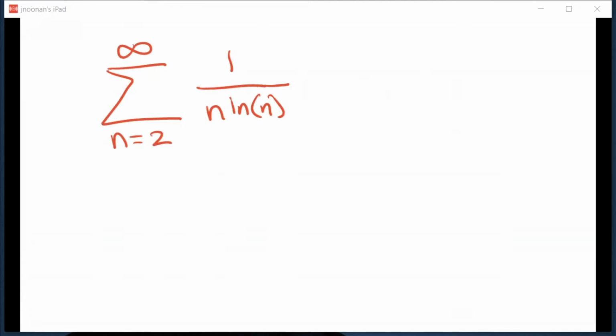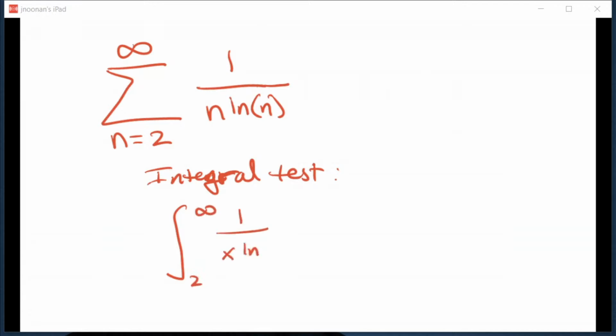All right, first things first. This is a quick review, another reminder: we have to check to see whether this converges or diverges. The way we're going to do this one is with the integral test, also on your exam. What we do is the integral from 2 to infinity of 1 over x ln of x, and you check to see, is that finite or is it infinite? The reason why we can use the integral test is this: 1 over n ln of n